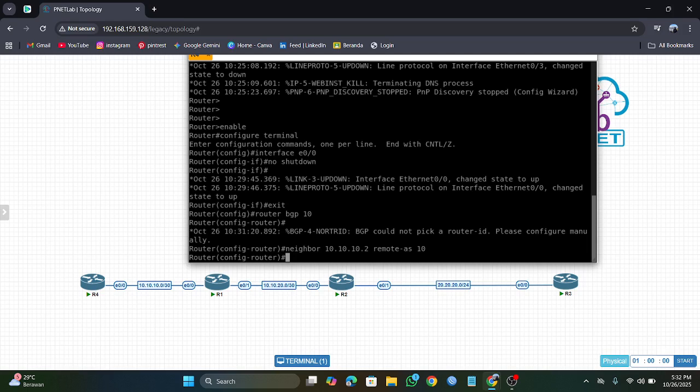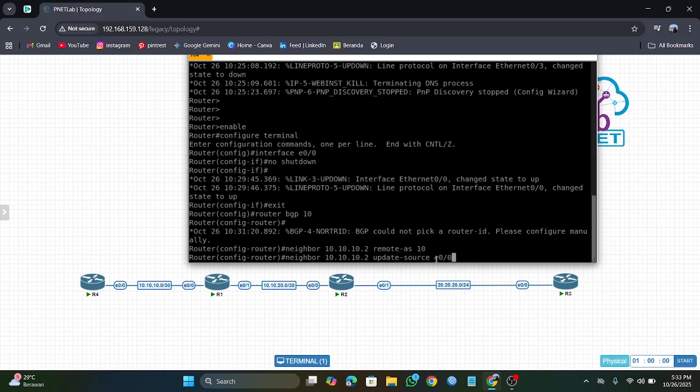You type neighbor again, neighbor, and prepare this update source a0/0.